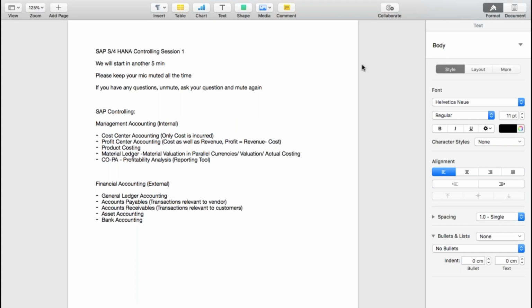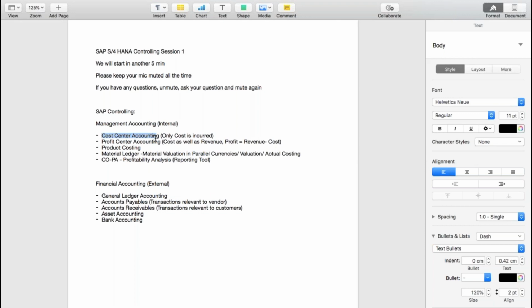Yes. The thing is, what you're saying is partially correct. What you're saying is planning comes first and then the actual values. That is absolutely correct. Whenever we are discussing a controlling module, for example, let's say we talk about cost center accounting. Now in cost center accounting, you can generate the reports on an actual basis. So if you want to know what is the actual cost incurred for different cost centers, you can definitely generate that. But at the same time, in the beginning of the month itself, you can carry out the planning for the cost centers. For example, we are currently in the month of November.